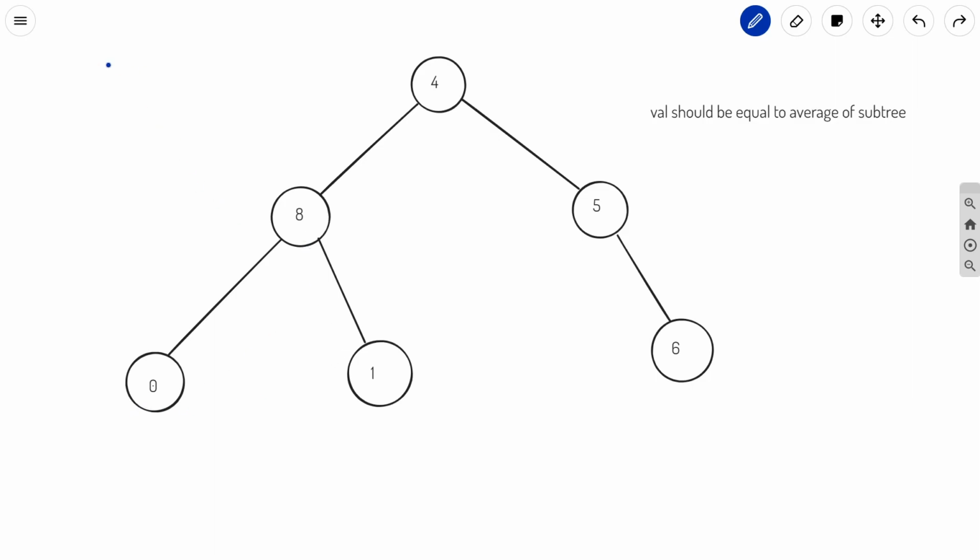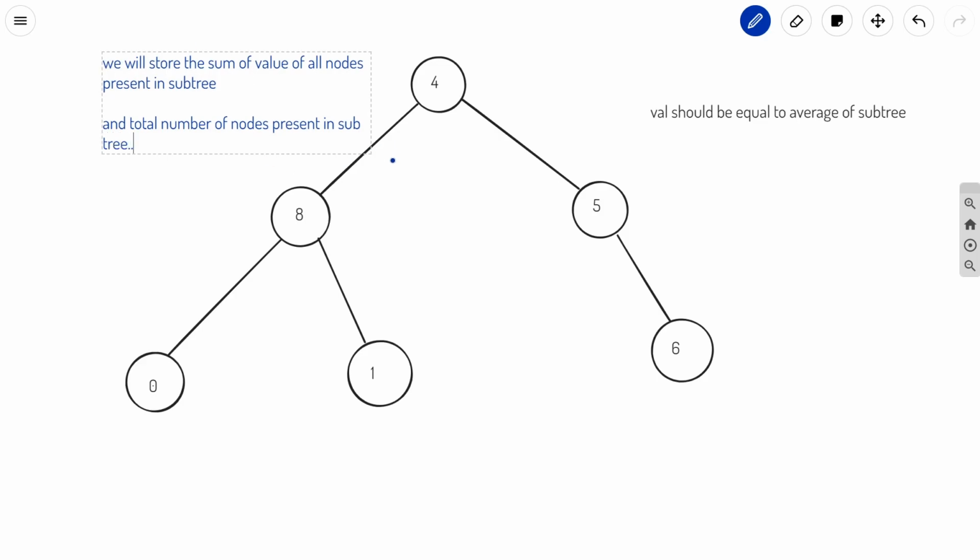Basically we will have an ordered map which will store the sum of the values of all nodes present in the subtree, along with the total number of nodes present in the subtree.